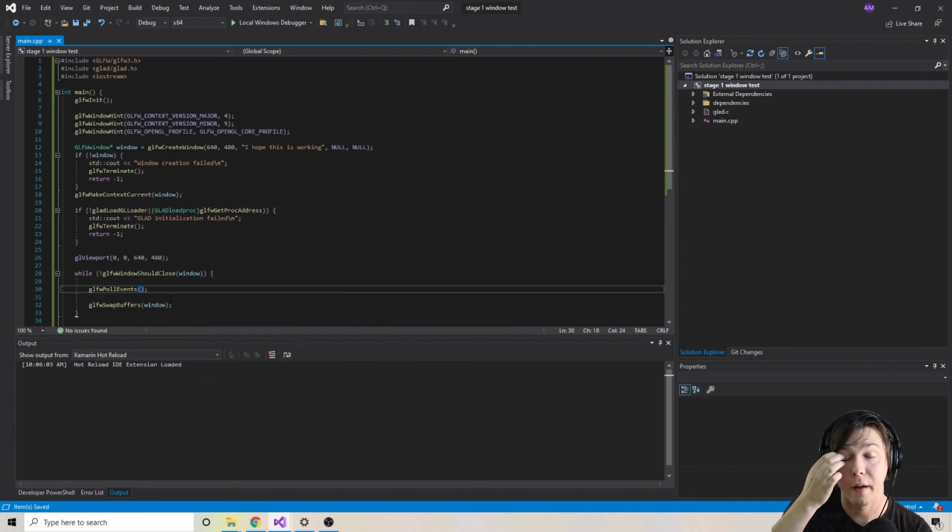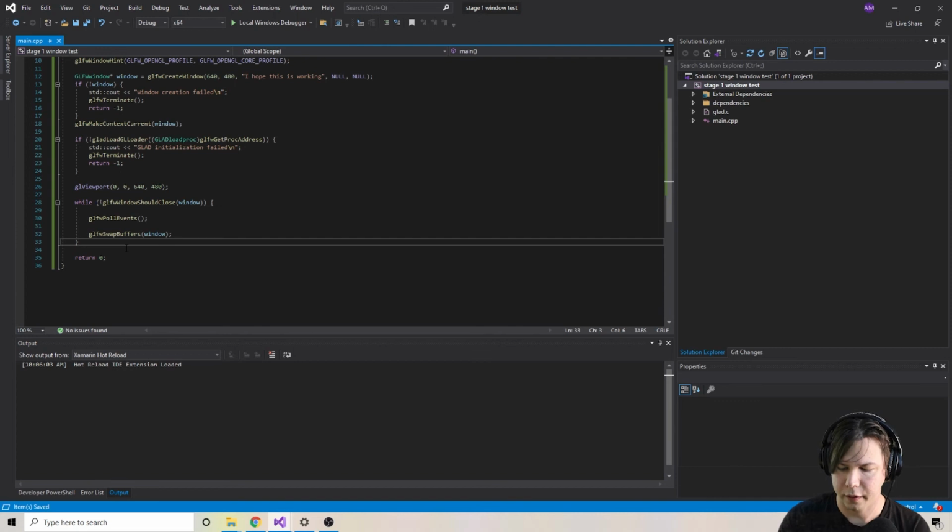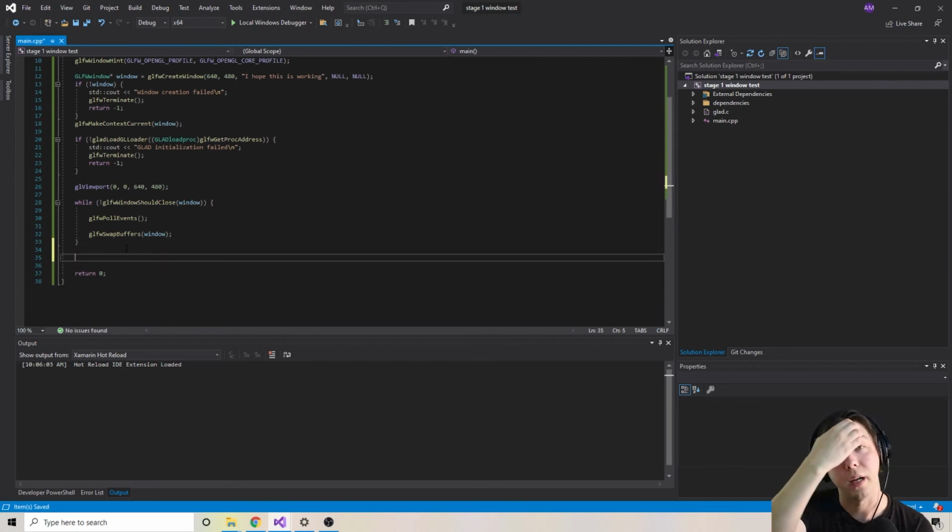Now what this does, every time we move the mouse, click buttons and things, it creates GLFW events, which are stored in a queue. And this queue starts to back up. So what poll events does is it flushes the queue basically to stop the queue of events backing up too much. So then the next thing we need to do is, at the end of our